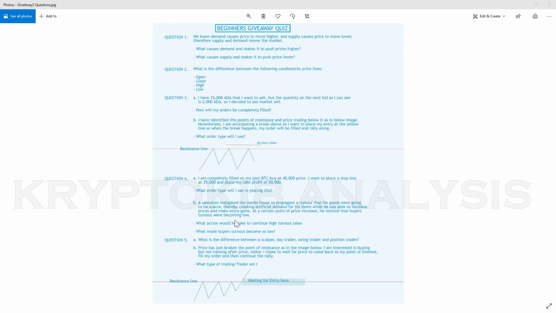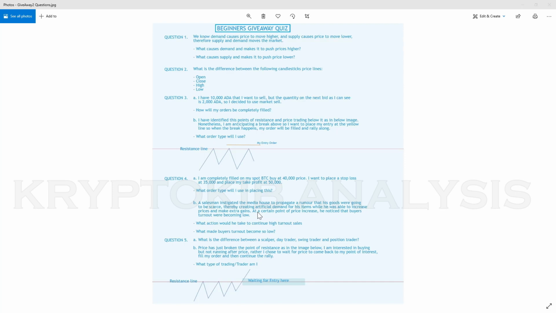So when you have demand coming in at increased prices, you are increasing your prices from point price A to B to C, and then demand keeps coming, as in the volume keeps increasing. When you increase to a point D and you notice that the volume has dropped, that means nobody is interested to buy at that price line.